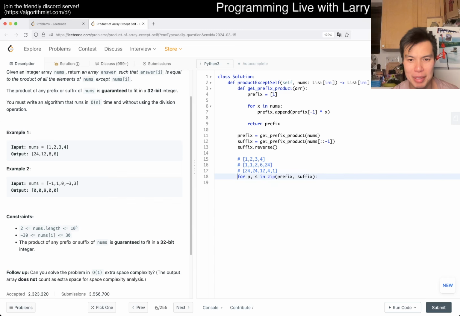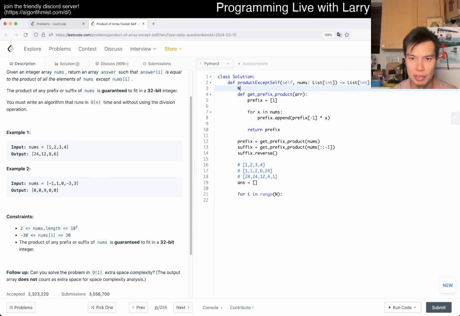Or maybe I just try to be too clever. We just have to think about what it represents, right? So we have an answer is equal to whatever, right? And then now for i in range of n, because we know that there's going to be n things in the results. And then now we want prefix of 0 times suffix of i plus 1. Keeping in mind that this array has n plus 1 elements, so actually we want this, so that kind of matches. I think that's right, but